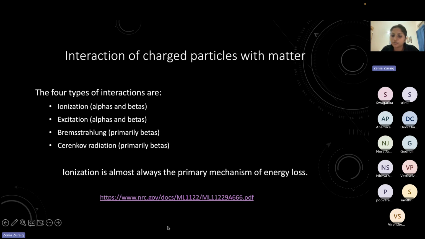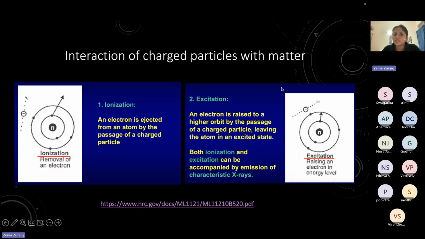I've attached a PDF here, which goes through all this in detail. I've also borrowed some slides from it so that we can understand better. The first interactions of charged particles that we need to see are ionization and excitation, and these are both equivalent processes, in the sense that